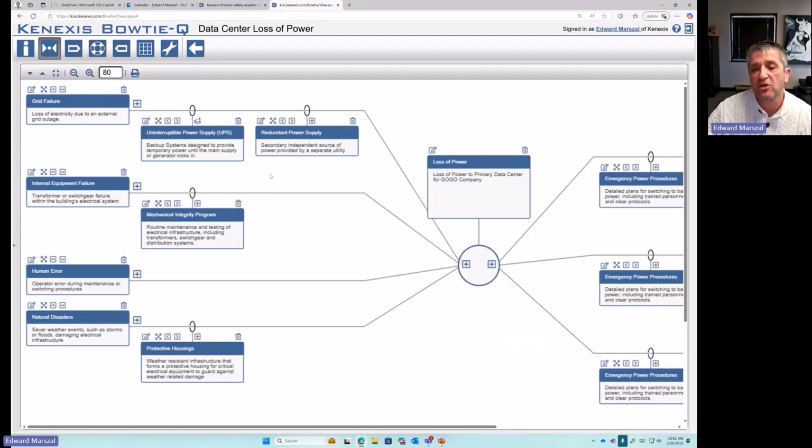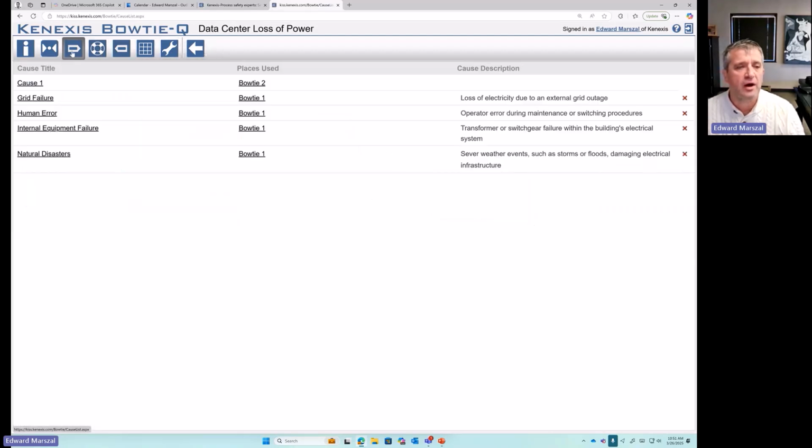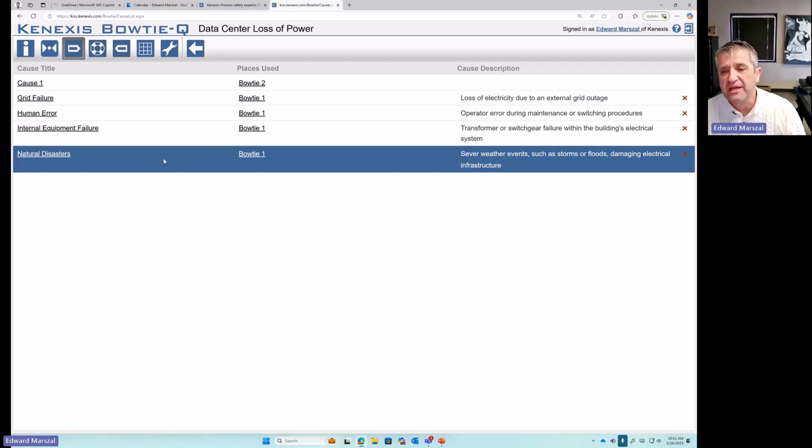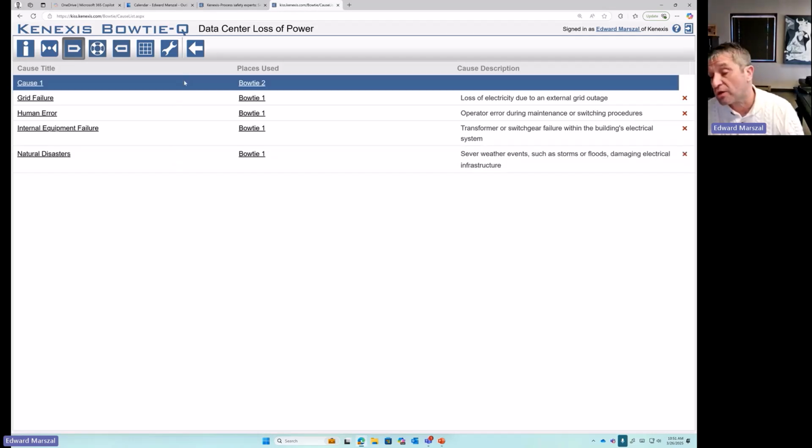Whereas when we go into the larger view, we're going to have a lot more information, and a lot more tools available to us. Okay, going along the view, when you click here, you'll get a list of all of the causes that are available in every bow tie diagram. So you see here that natural disasters is used in bow tie 1, but cause 1 is used in